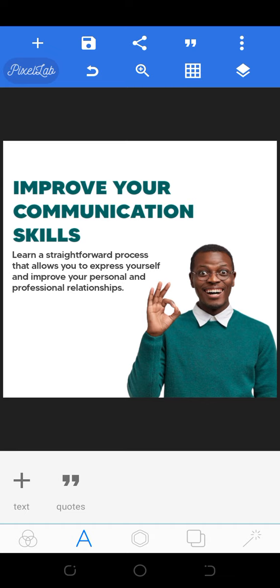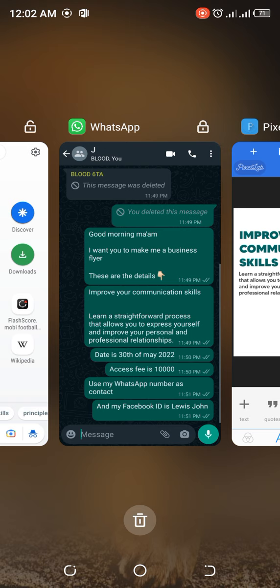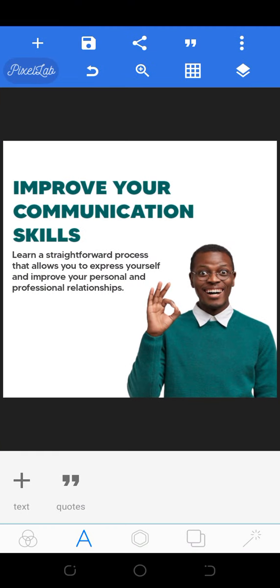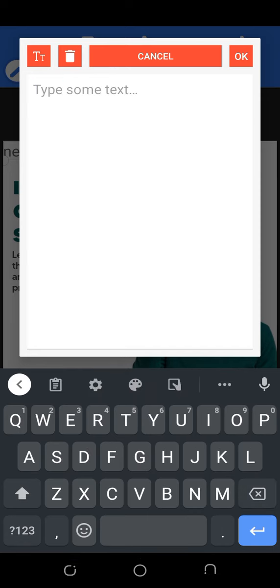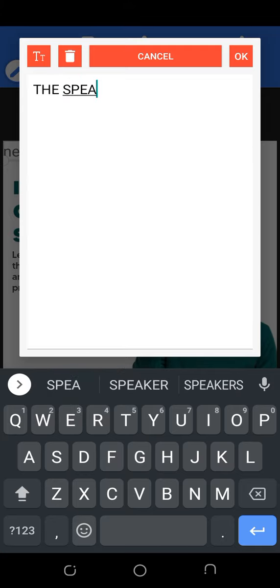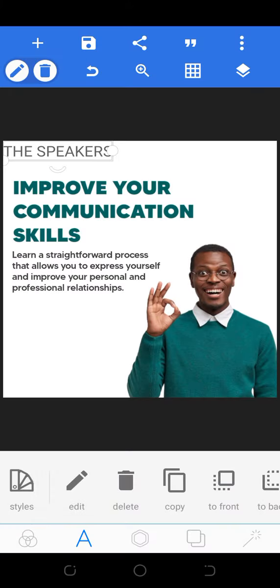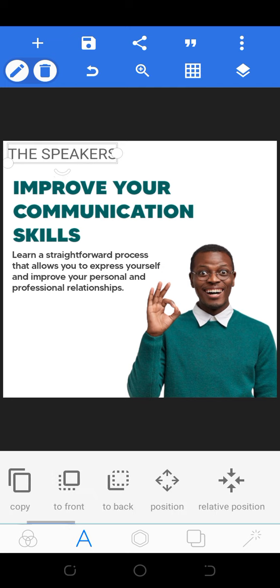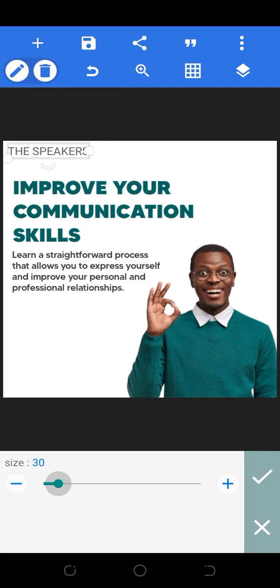I want to add the other details, the date, the access fee, the Facebook ID, WhatsApp number, and all other details. So I'll just add all our details on it. So I want to add this too. I want to reduce the size and make sure it's a straight line with